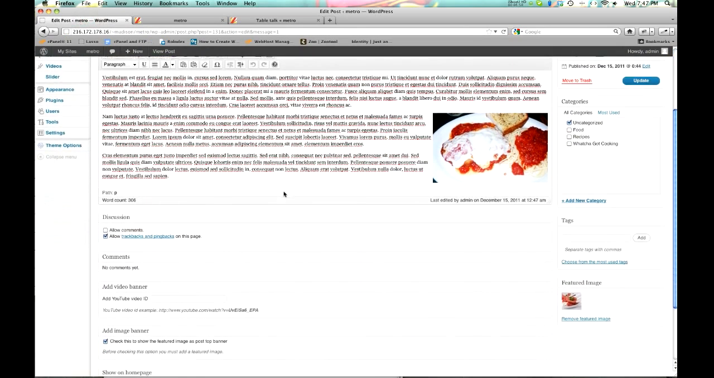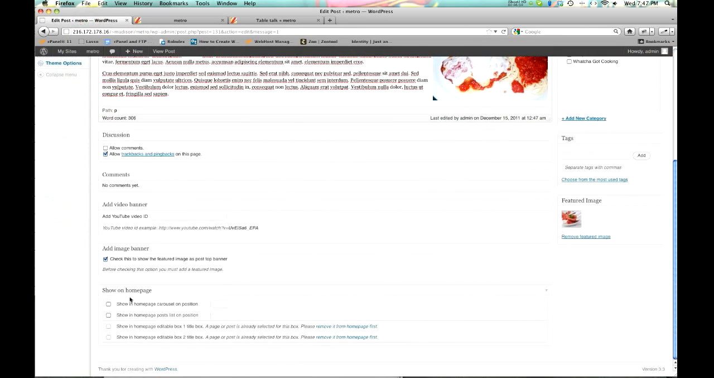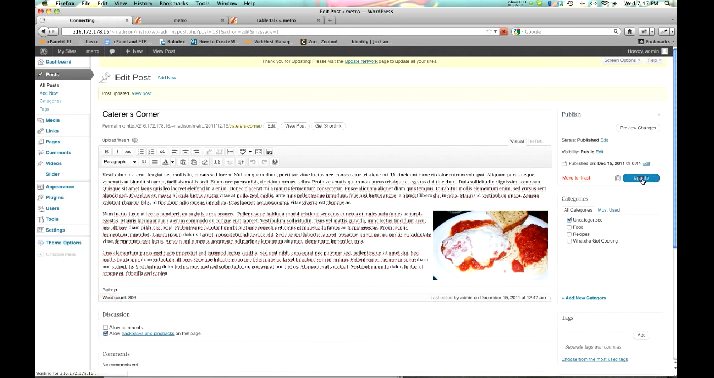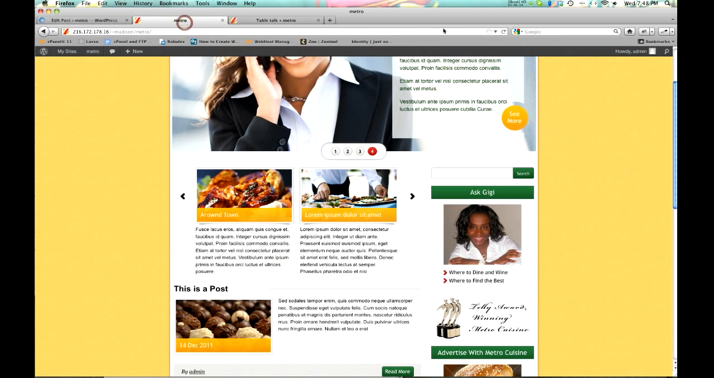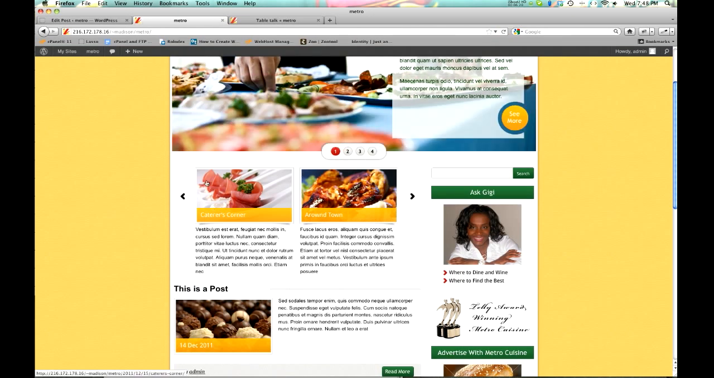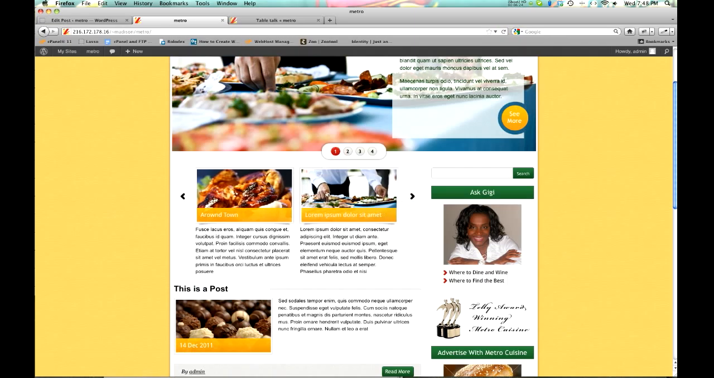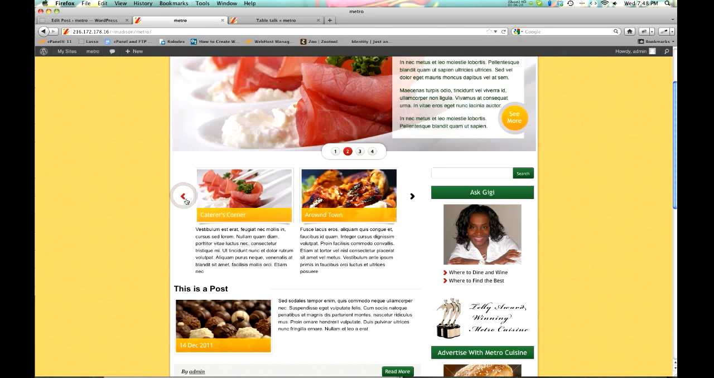If I come back to it and I scroll all the way down, I got this box that says Show on Homepage. And the very top one says Show in Homepage Carousel. Okay, so I'll check that. Update. Let's go ahead and refresh, see what's going on. There we are, Caterer's Corner. And now the scrolling is actually working where you can see the other ones that are in here. So you can actually add as many as you want into this particular section, whether that's 2, 3, 5, 10,